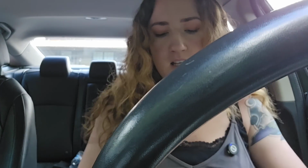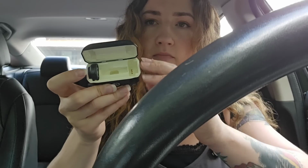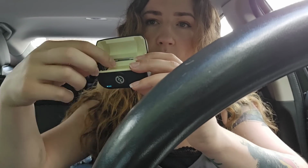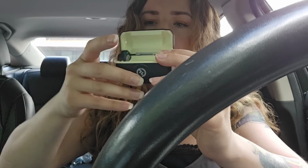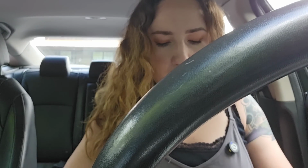They're called Hollyland, and they come with a lot of different things. These ones even came with a little necklace lanyard. They come with this little charging case. I've got the receiver in the phone, and it comes with two of these receivers, which I think is really cool. And then it just charges in here, similar to my Galaxy earbuds, which is nice because if they can charge in the case, that means you don't have to fumble with a wire all the time. But I just knew somebody was going to ask about these,